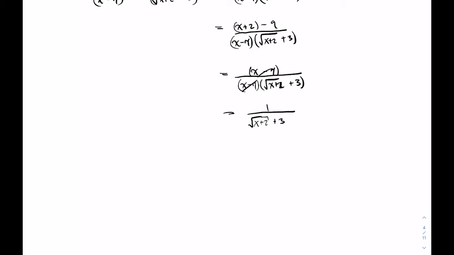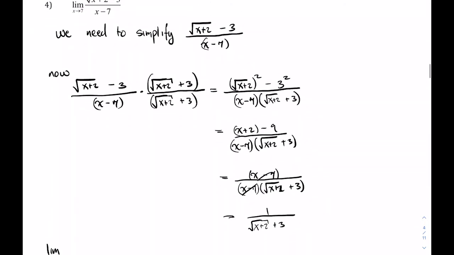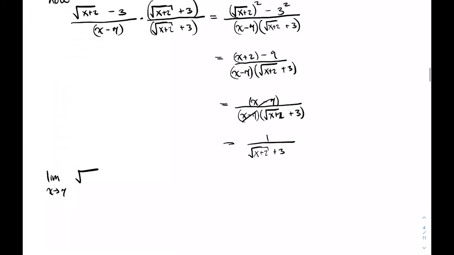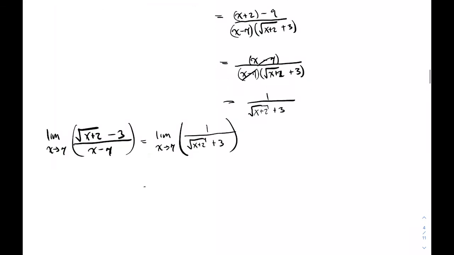We go back to our limit as x approaches 7, right, of the square root of x plus 2 minus 3 over x minus 7. And what we realize now is that this can be simplified into the limit as x approaches 7 of 1 over the square root of x plus 2 plus 3, which now is basically evaluating this term